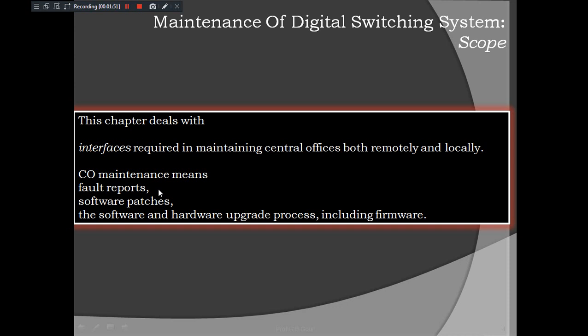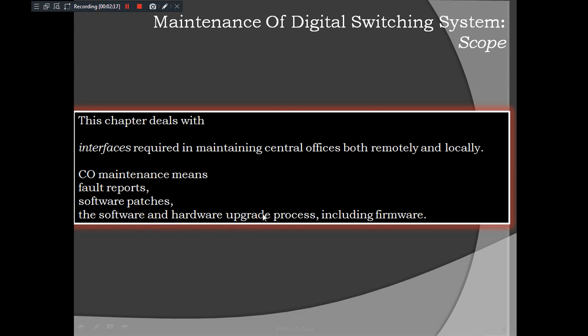Software patches are nothing but the fixes for bugs when bugs have occurred, because the DSS software is genuine. How the bugs are fixed, how long it took to fix them, how many times they occurred, and whether they really affected the real-time operation of this DSS or not. All such details will be there in the software patches.